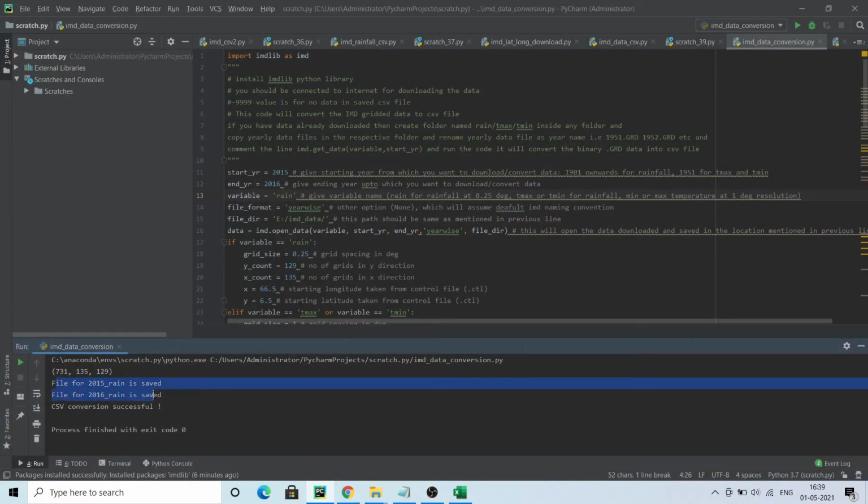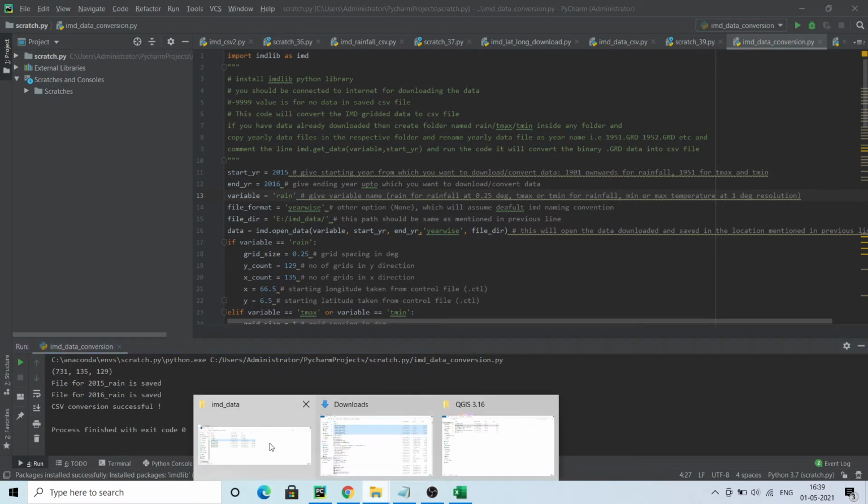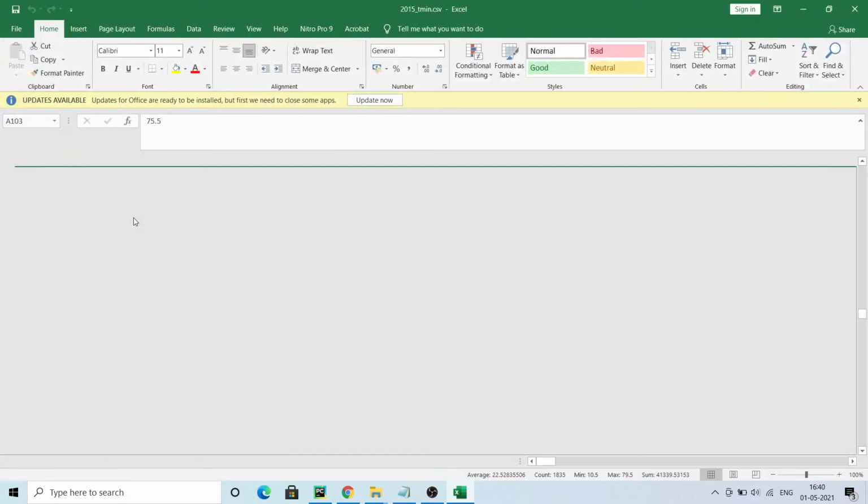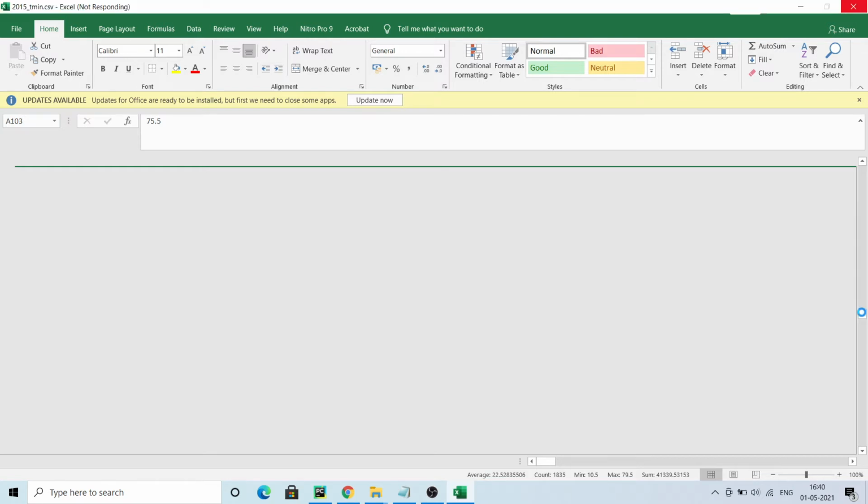So rainfall is also completed, as you can see, 15, 16 MB file. If you open this file, there will be a large number of no data, so you can remove those. As I already told you, the extent of the data is always rectangular, but the shape is not a rectangle. So outside the boundary of India and between the coordinates, the data will be minus 99 values. You can always remove those.